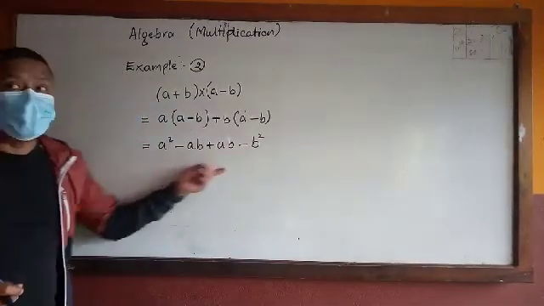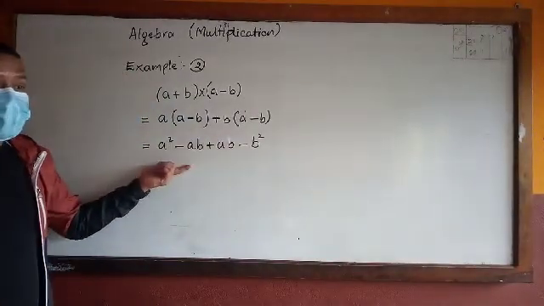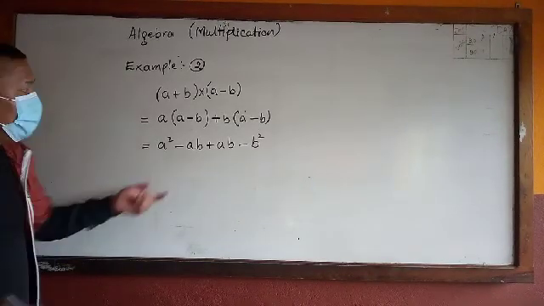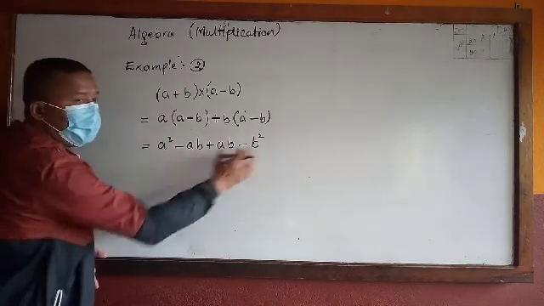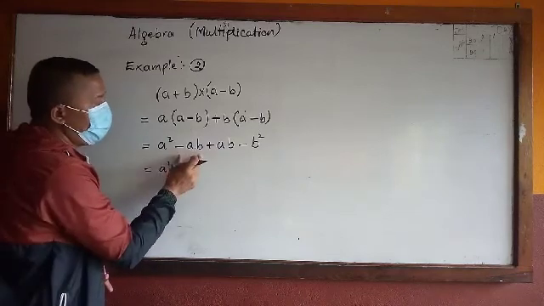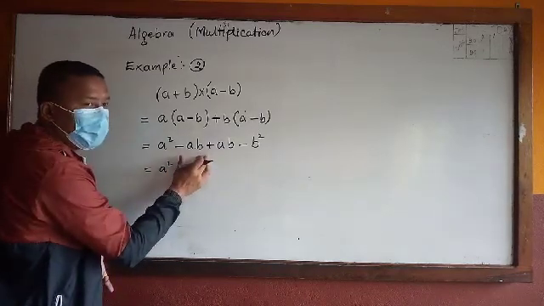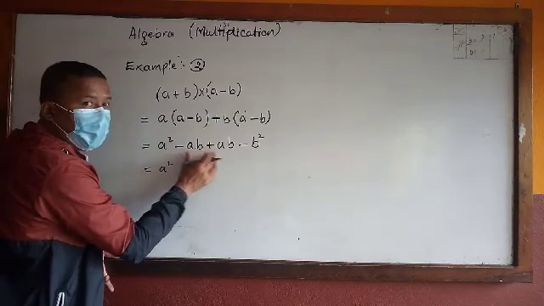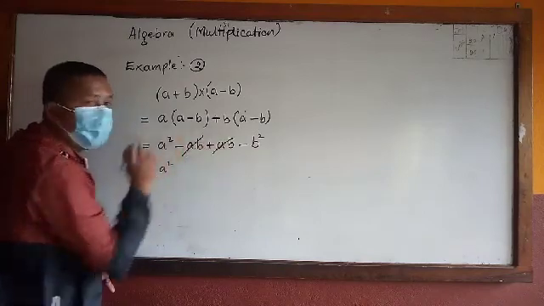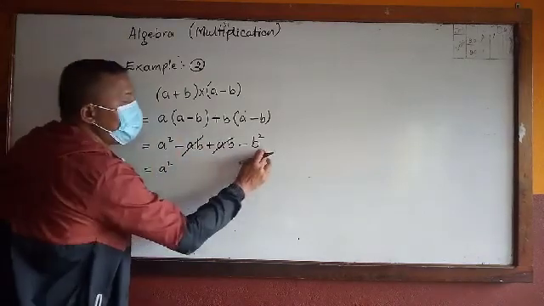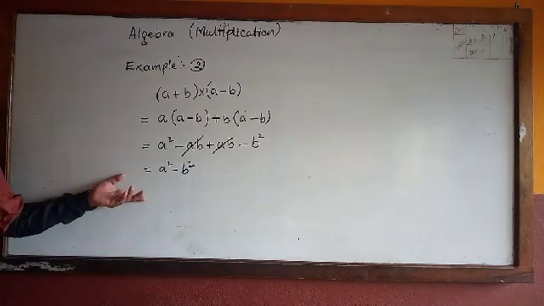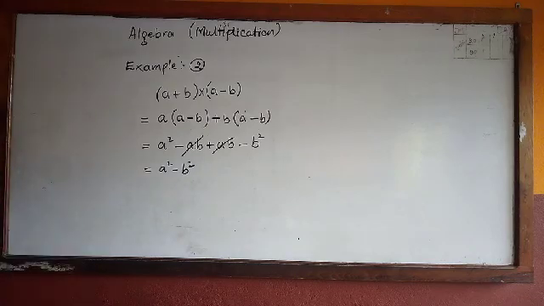Now see, here is the simplification, as per the terms and symbols, either subtract or add. a square, only one term. Is there any a square here? No. So it is equal to a square. But here, minus ab plus ab, are their signs matching? No. Here is plus, here is minus. It means subtracting, you will get 0. Then there remains only minus b square. Minus b square is the answer. This is how you have to do it. Understood? Yes, sir. Note down this. Then again I'll explain it.